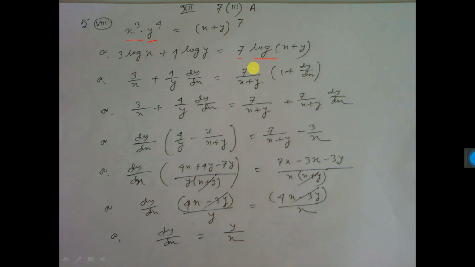Again log this means 1 by this into d/dx of this. d/dx of this means d/dx of x is 1, d/dx of y means dy/dx. So this one you multiply inside. Now dy/dx containing term, this one and this one, bring left side, and this term take right side. And from left side you take dy/dx common and take this one LCM. Then this one cut. Now this one into, after going that side, you see this one also same, it will cut. So this y, it will go that side, will go up. Y by x is the answer.